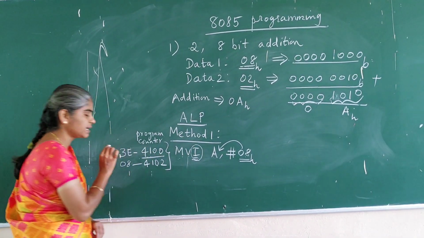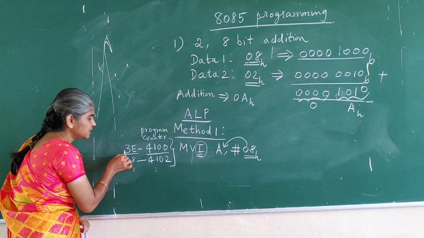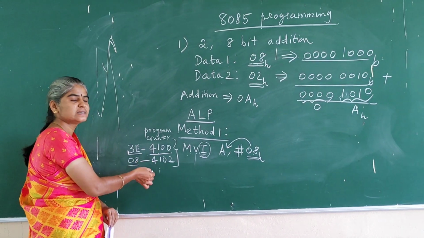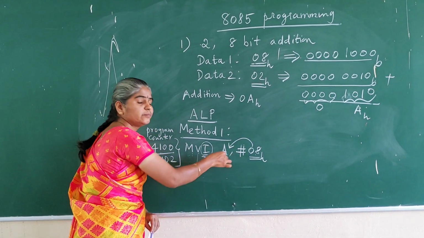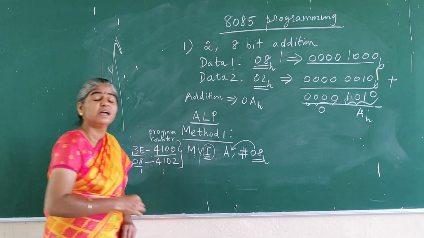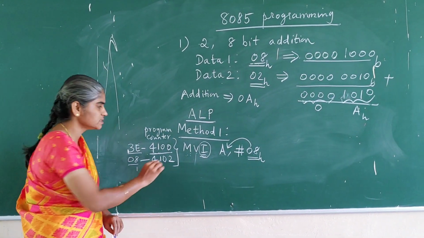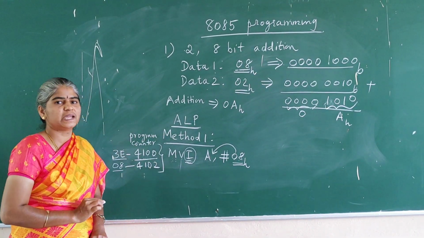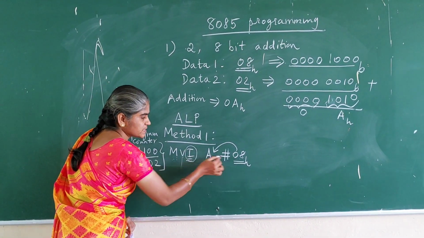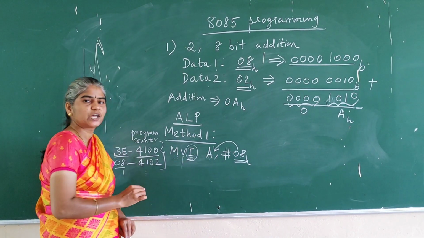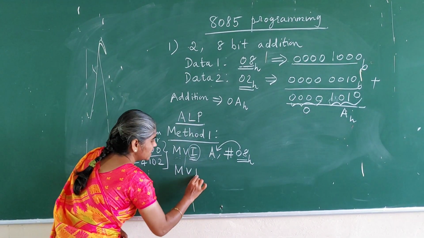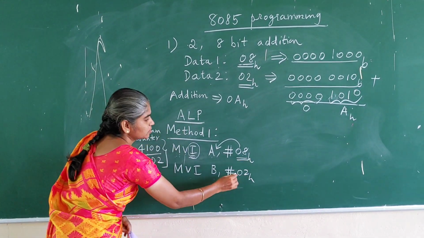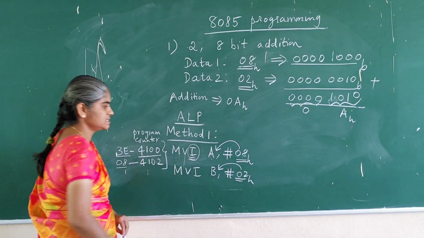In case you miss putting the 3E or 08 in any one particular address, this instruction will not be executed automatically. It will show an error in the execution kit. So this is the first mnemonic we are going to take for adding two 8-bit values. We get the first data in the accumulator register. Similarly, we take another data, MVI B,02. So this 02 is immediately moved to the B register.